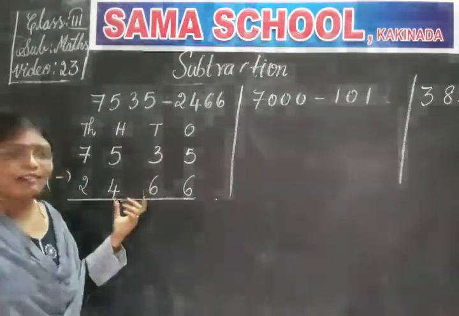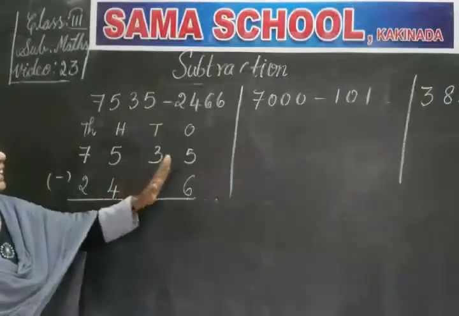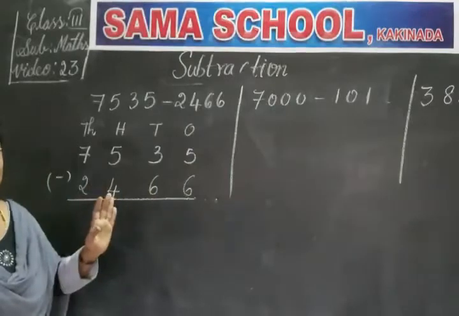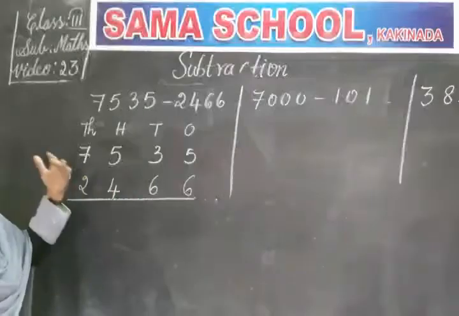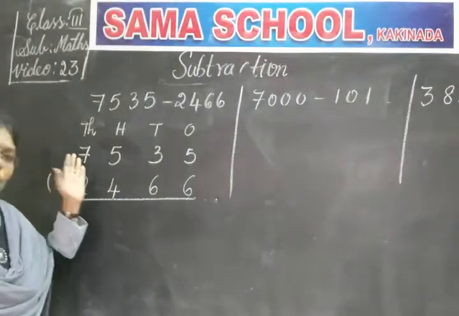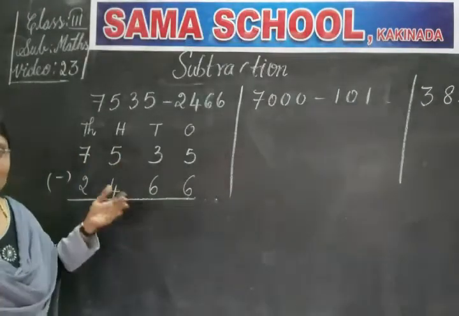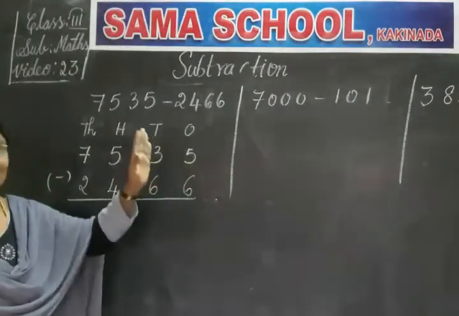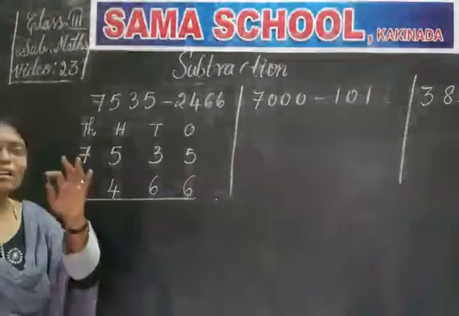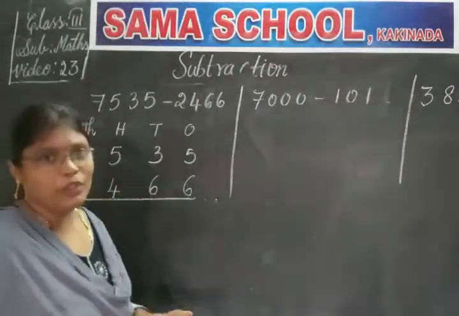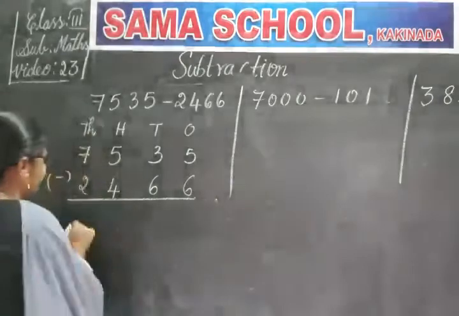When you are arranging the numbers, you must get the right side digits aligned. Sometimes you might get the left side equal or not. Sometimes you might get it and sometimes you may not. But on the right side you should get it aligned. Then only your sum will become right. You will get the right answer.